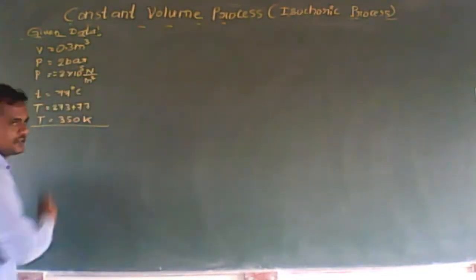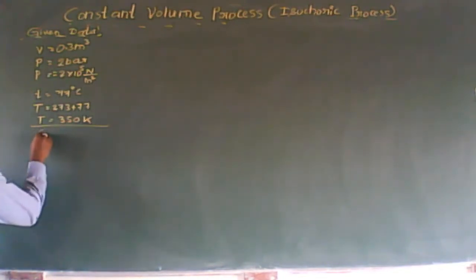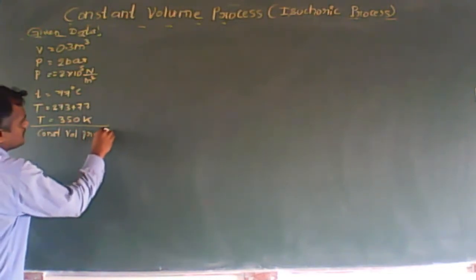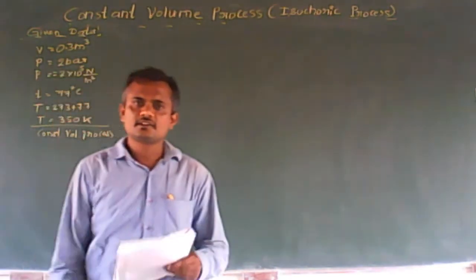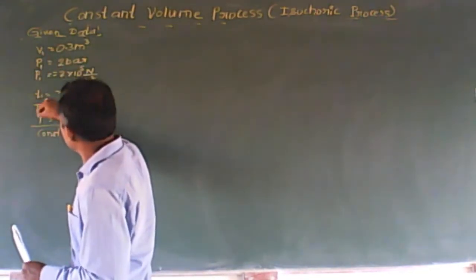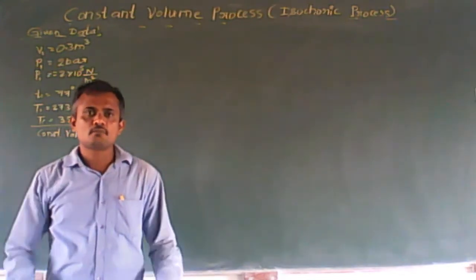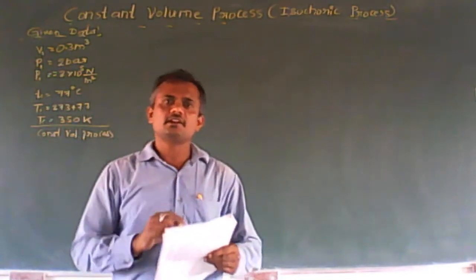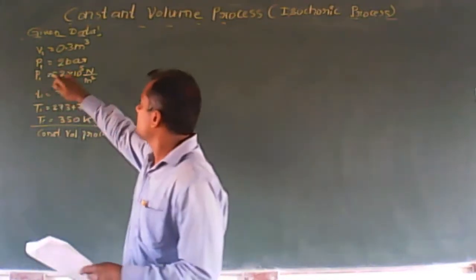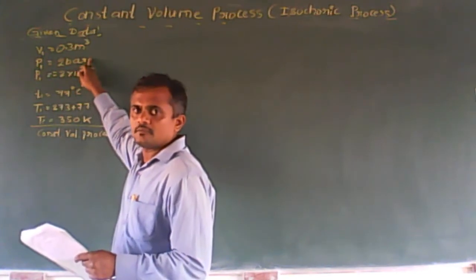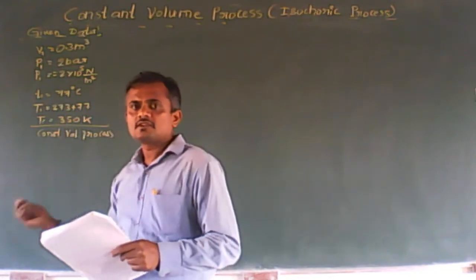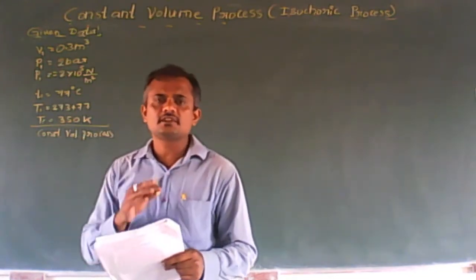So let me separate the entire process. Constant volume process. Heat is added. Correct? So I can write it as V1, P1, T1, the first state of the system, before heating, before addition of heat at a constant volume process, and until the pressure reaches 7 bars. Before heating, before addition of heat, the pressure was 2 bar and the pressure has reached 7 bar, which means the second state of the system, P2.